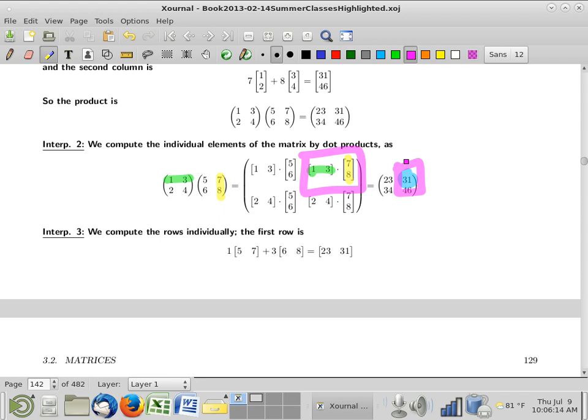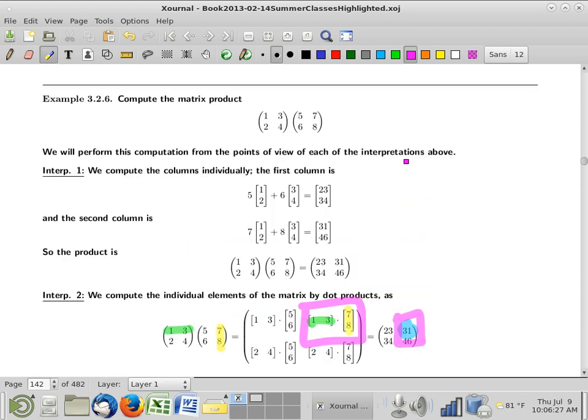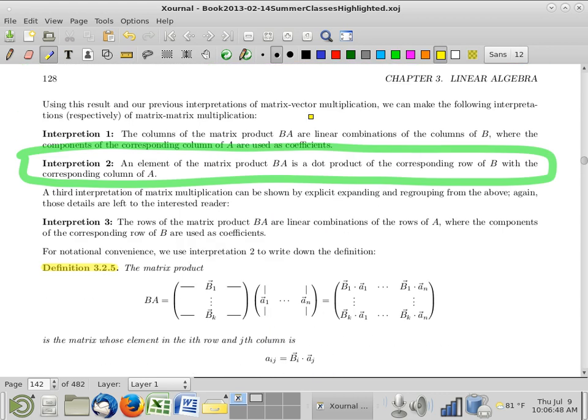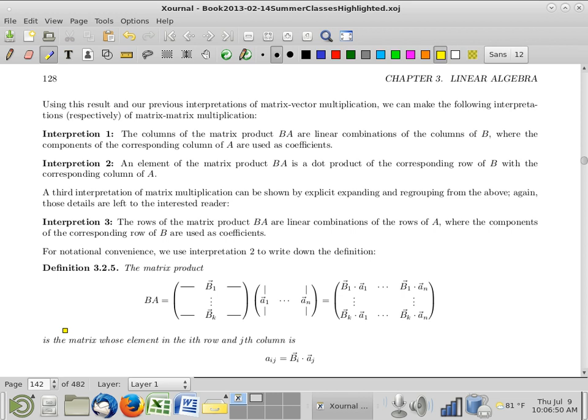What connects to what? And while this is a useful point of view, and we are going to see some applications, some situations where thinking of a matrix product as a bunch of dot products is useful, it is also importantly useful to think of a matrix vector product as columns that are linear combinations of these columns using those numbers as coefficients. Okay. All right. So last one, and now this is just a formula that works out nicely, but you can